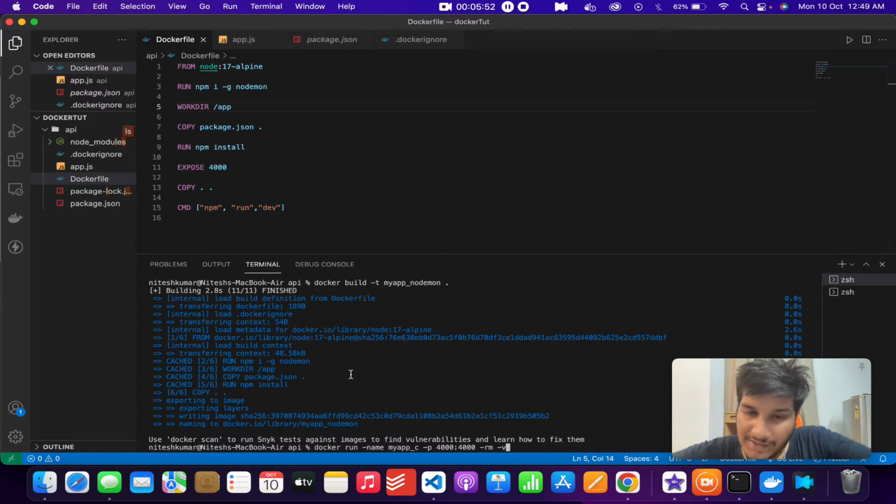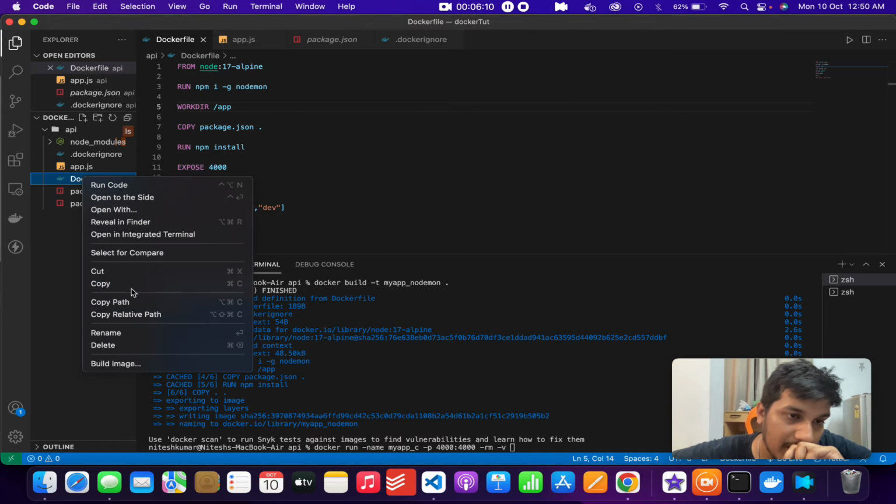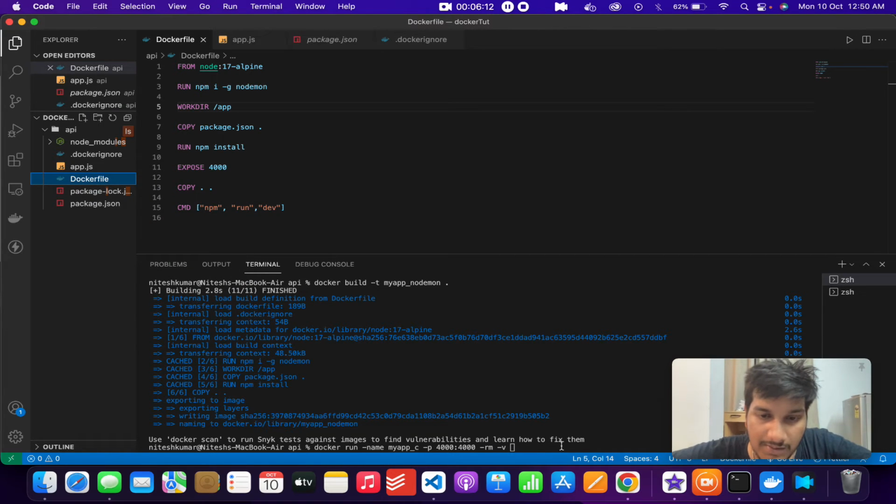So we do it by -v, and then there are two things. One is the path of the Dockerfile, and then there is the app directory, the working directory. Okay, so this is how we do it. I just copy this, copy path, and I just do Ctrl+V,